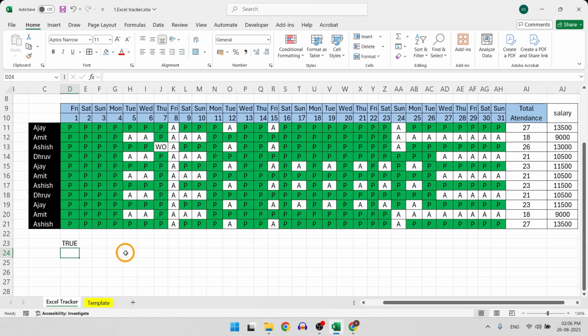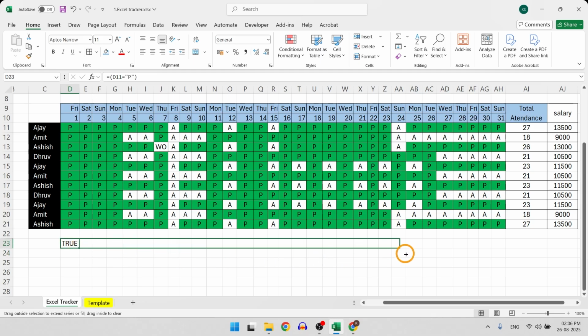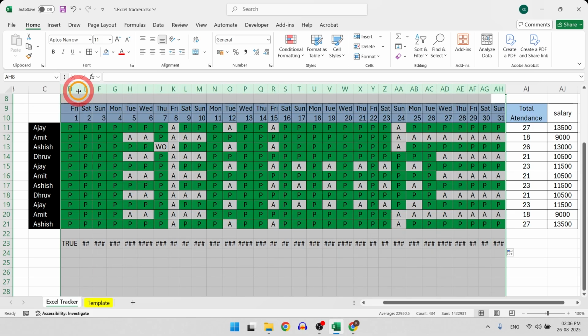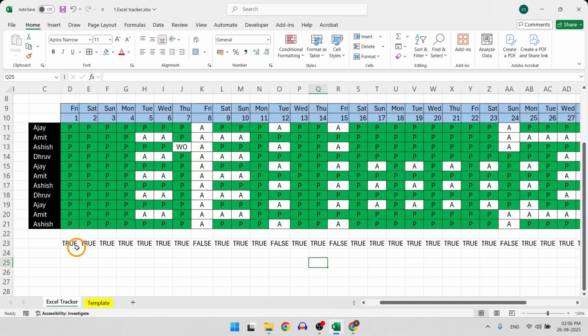And if I drag it over the columns, it applies the same formula to the whole month. The whole row gets filled with the values of true and false. Wherever it was absent, it has filled the cell value with false.